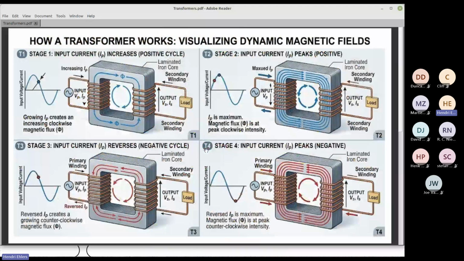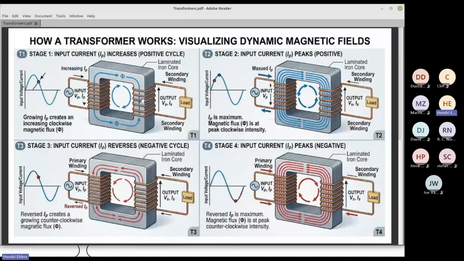So how the transformer basically works is that you have a primary wound on the one side, and you apply an alternating current or alternating voltage to that side, and you generate the magnetic field. And because it's alternating current, the magnetic field is switching from the one side to the other, and that induces a current in the secondary winding, and the ratio between these two will determine whether it's a step up or